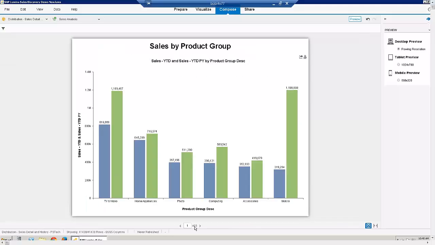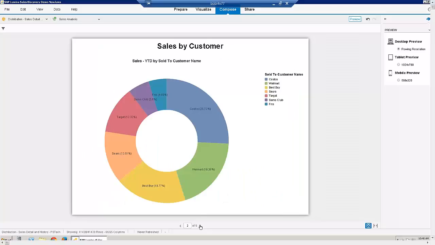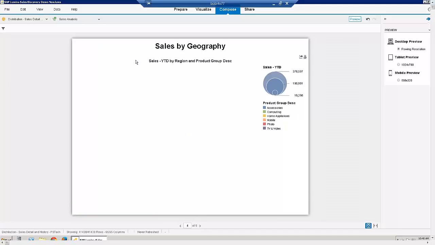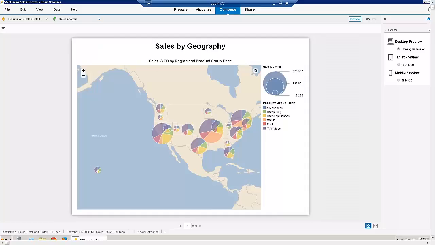And in this case, we can see each visualization, and I've asked for these 5 visualizations to be just showcased one at a time. So as a manager, I can click through this and see what my results are. Or if you want to actually bring multiple of these onto a dashboard,